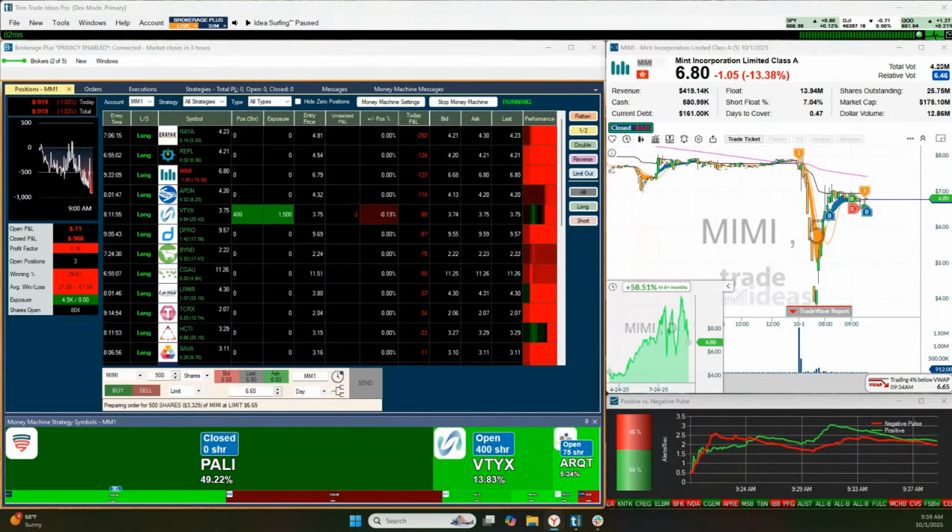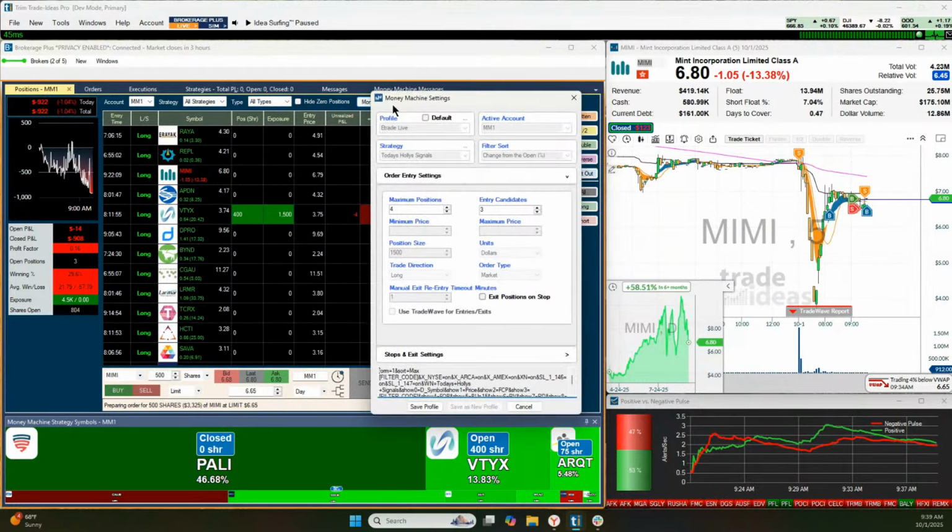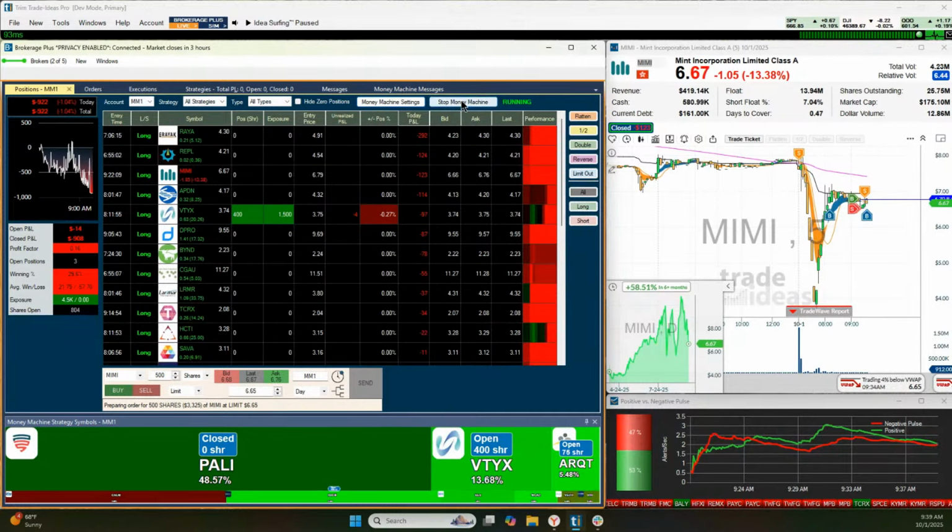So the alpha version of Trade Ideas Money Machine is out. We want to make sure you understand and don't have the expectation that you're going to be making money every single day. This is impossible. This is in sim mode, so we haven't even opened up live trading yet, which we're going to do relatively soon, but we're not sure when. Lots of things are being worked on. Money Machine settings, strategies. Let me just stop it right here.